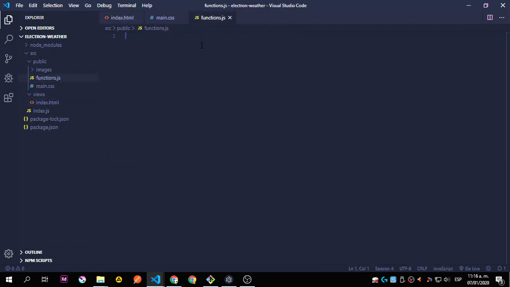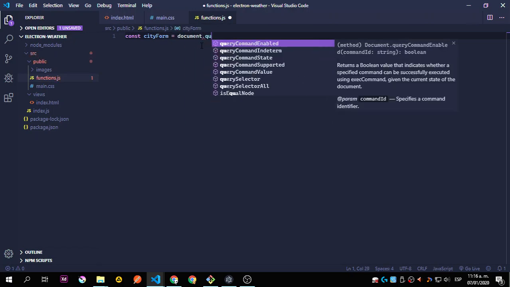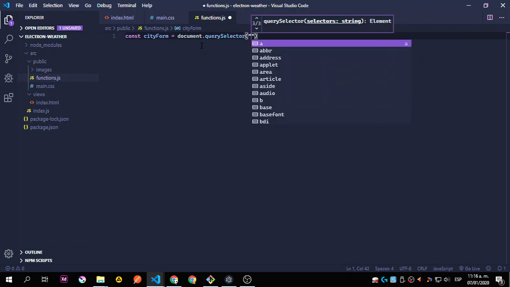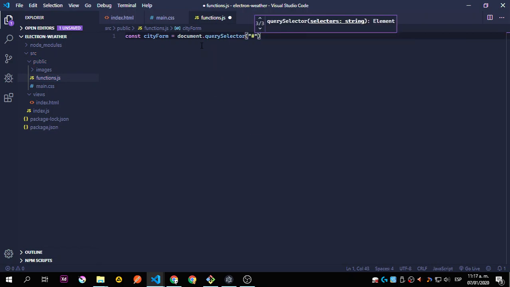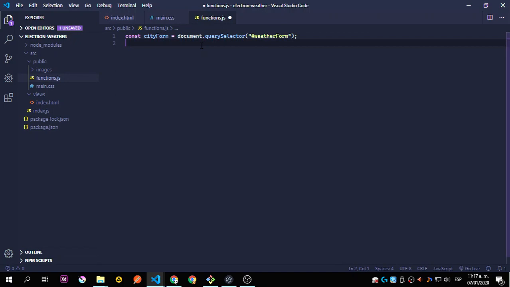So let's grab that: const cityForm equals document.querySelector. Since this is an ID, we add this hash and we use the ID we want, weatherForm. So that is the only element that we need. And now we need to start with the functionality that is going to fetch and append the information into the document. So the function that we're going to create now is the getWeatherConditions